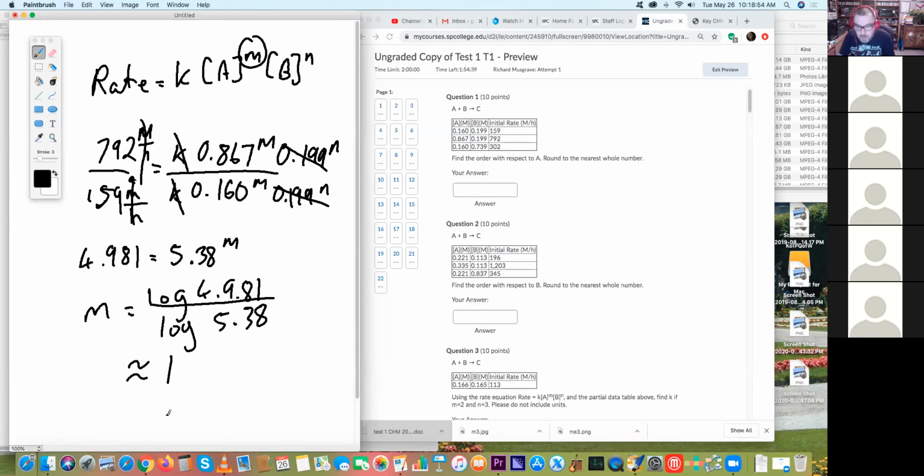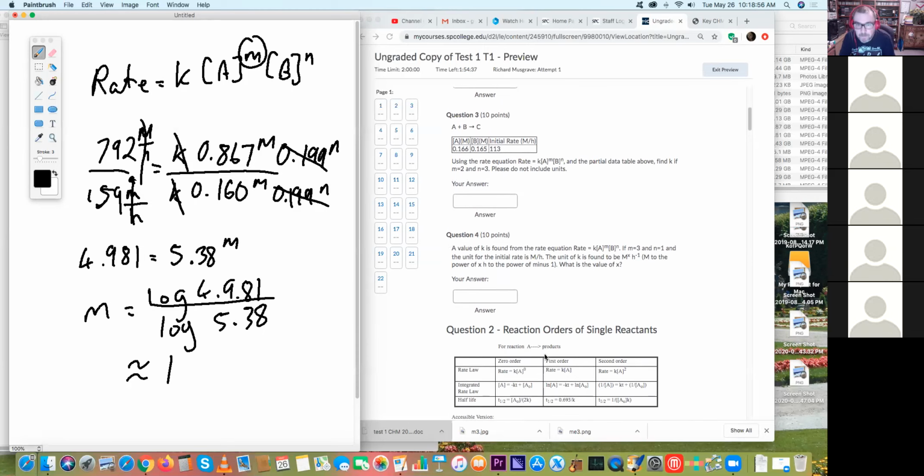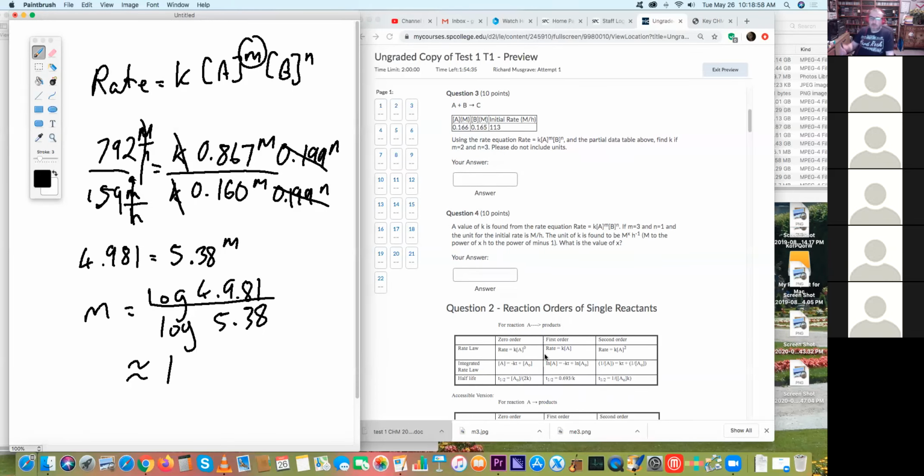Okay, question 3. You can see this is where we're solving for K, and I give you the values of M and N as 2 and 3, and here I'm only interested in the actual numerical value for K, not the unit. In question 4, I ask a specific question about how to get a unit, but for this one, you're just looking for K, and let's go ahead and